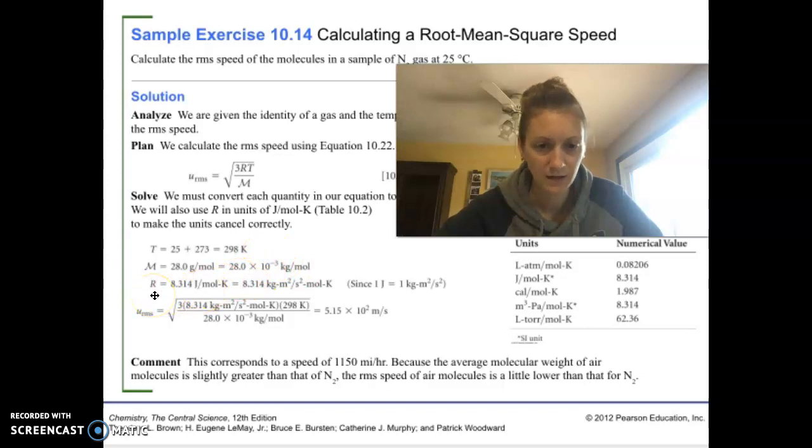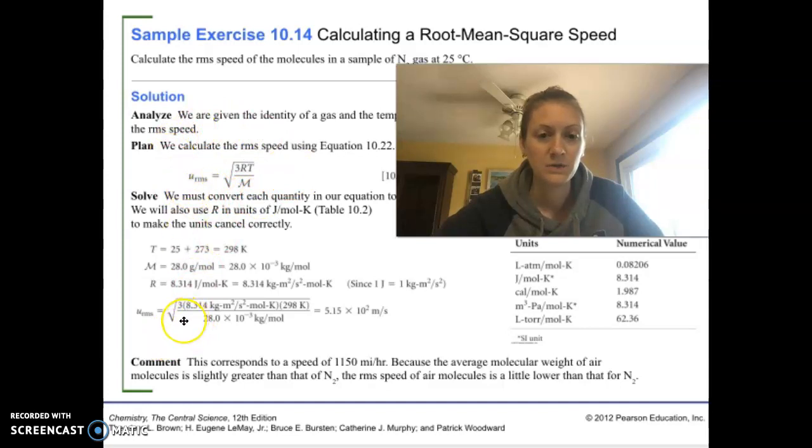So our R was 8.314 joules per mole K, but again it needed to be in the kilograms so that we could cancel out our units, and we got 8.314 kilograms meter squared per second squared per mole K. So then everything will cancel out and be what we need, which is meters per second, because we're looking for a speed. So now all we have to do is plug in our numbers into this equation that we were